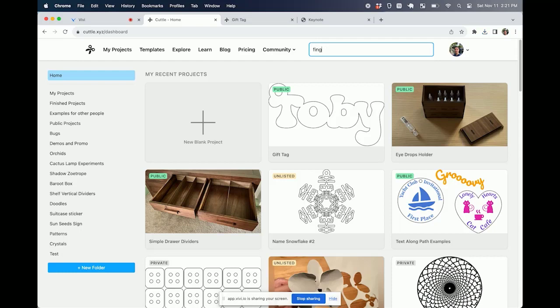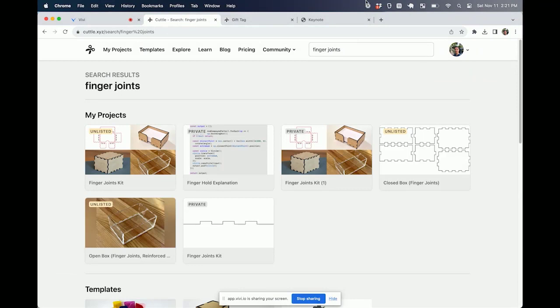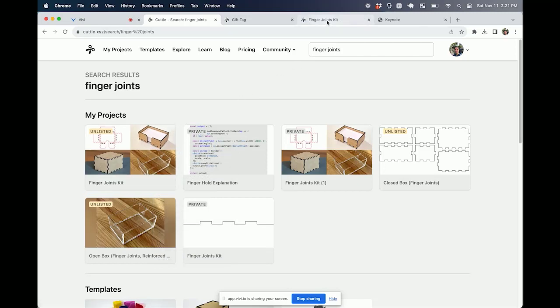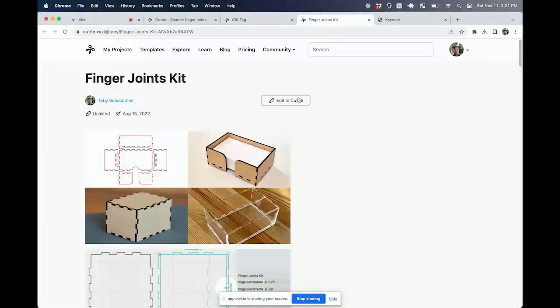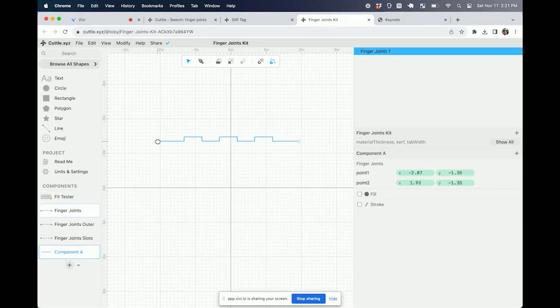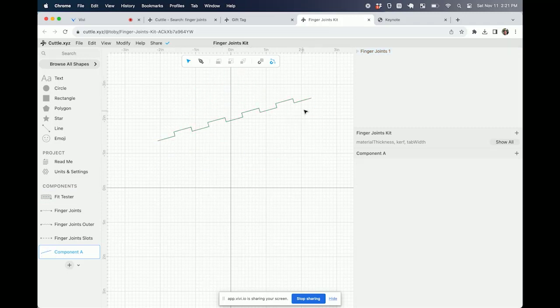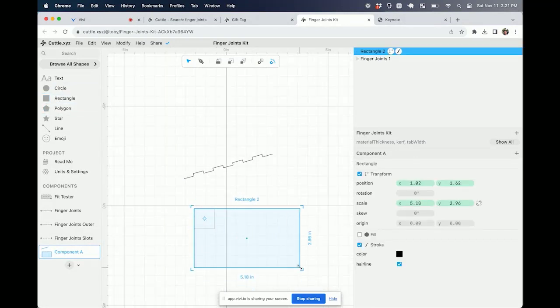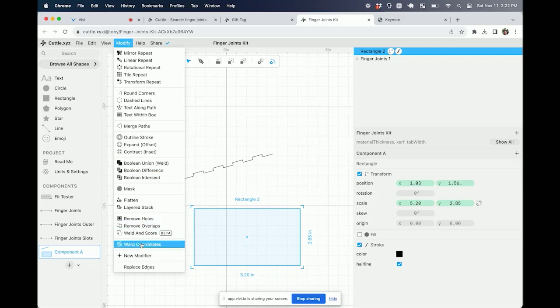So this isn't something that's totally baked yet. We haven't officially released it, but we've been sort of experimenting with it. Like a whole kit for making finger joints. So these are finger joints that you can pull out. And there's one that lets you take anything and apply